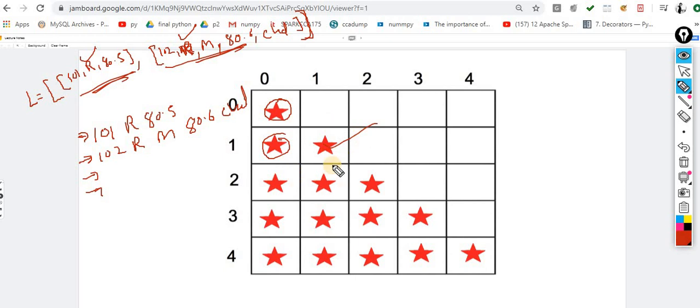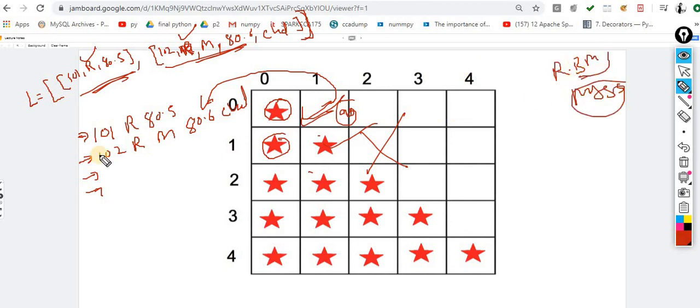Otherwise, inside production, no one says you print this pattern on the screen, but this logic is what we use. 90% of the time this logic is used to represent data like this. Let's suppose you are getting the data from an RDBMS, something like MySQL, and your client says represent this data on the console screen in rows and column format. Then you have to use this logic. Now I think the picture is clear why we are solving such kinds of problems.